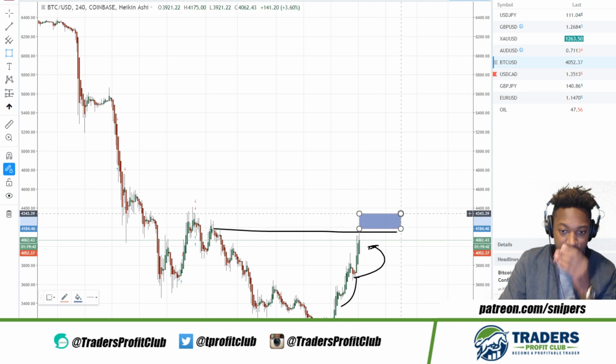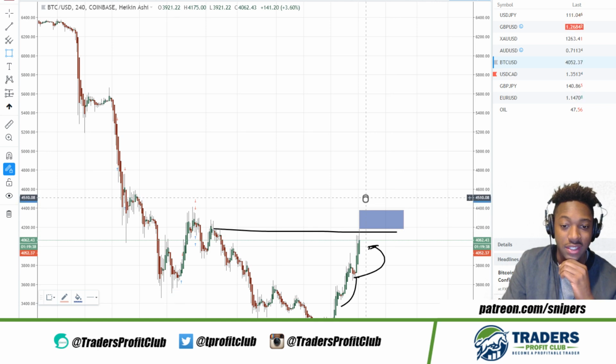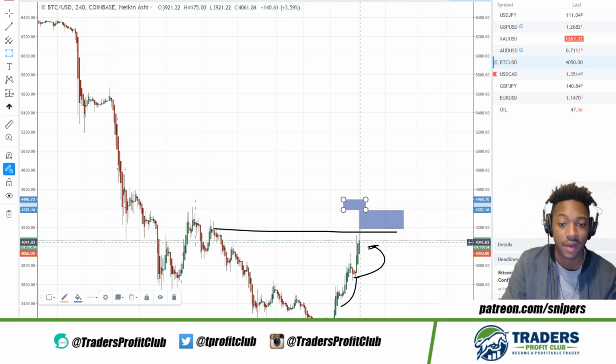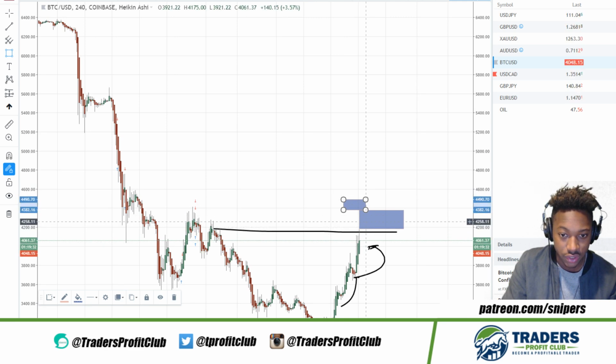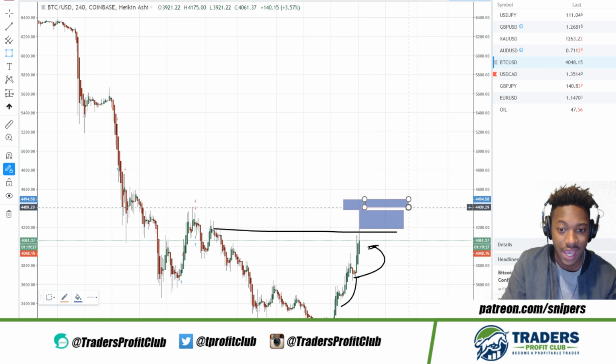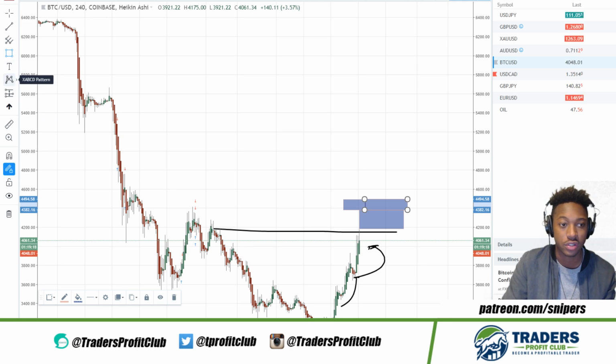4,200, just because this area is going to be a very impacting zone where market price is not going to have a lot of pressure to break out of this area. So we're going to see price possibly go into this area, but we won't see it break out of this. We might see a reversal, we might see a head and shoulders, or we might see a false